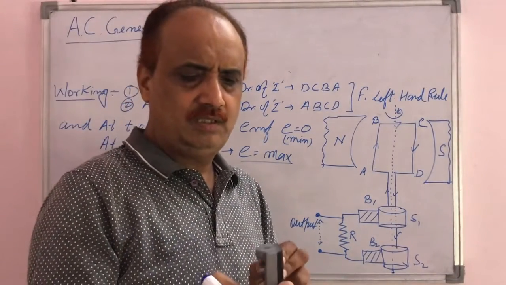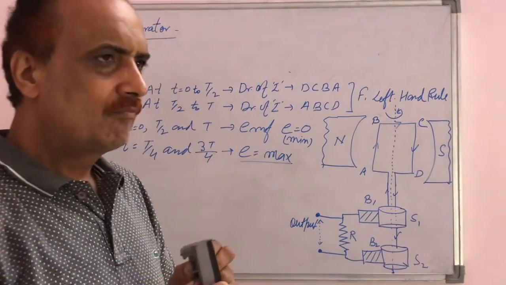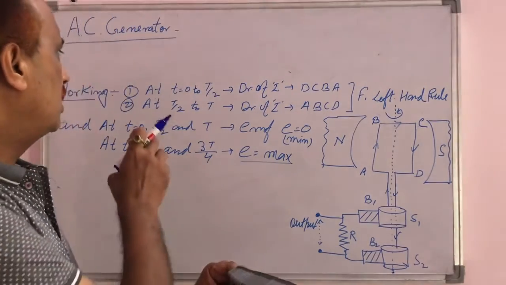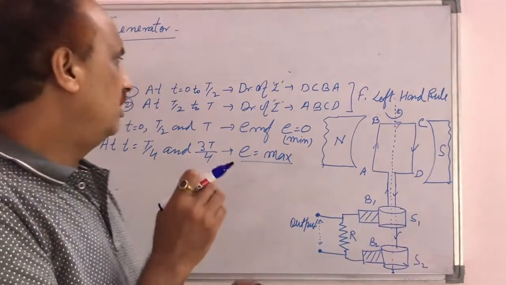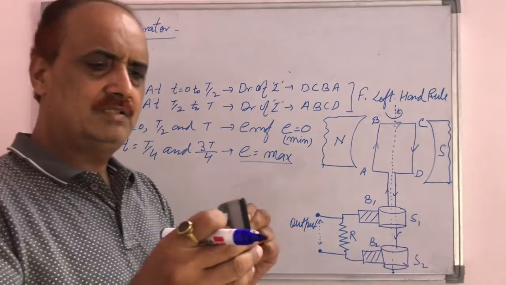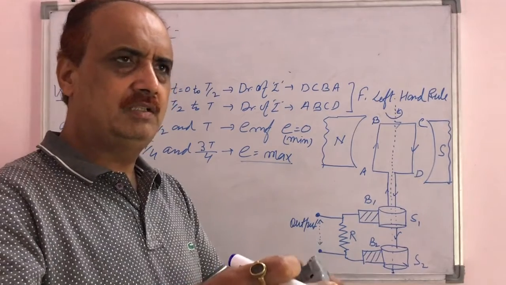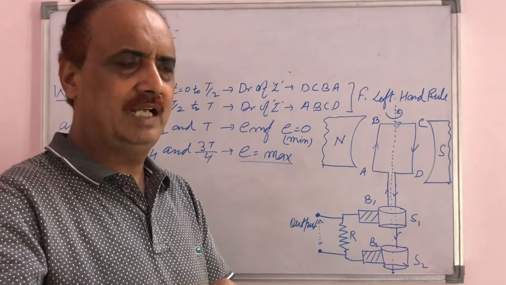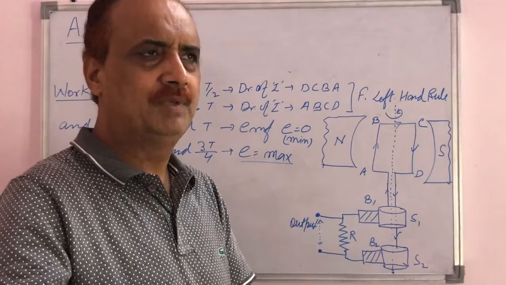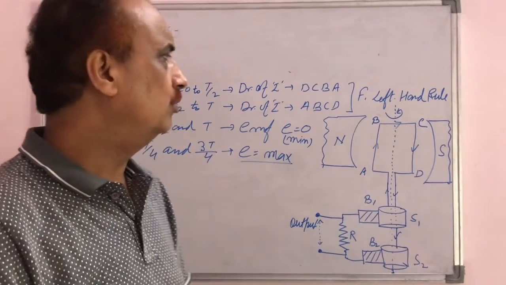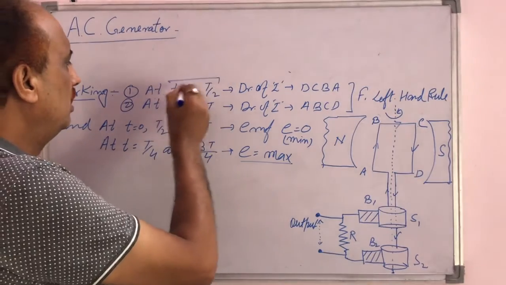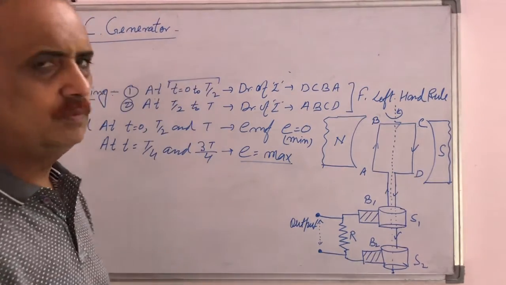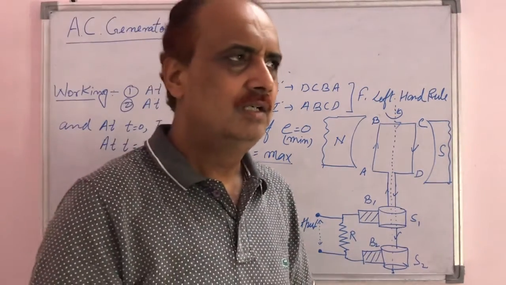This is the condition at t equal to 0. When it rotates like this and completes a half rotation, the CD arm moves up and the AB arm moves down. The time taken is from t equal to 0 to T by 2. In that condition, the current will